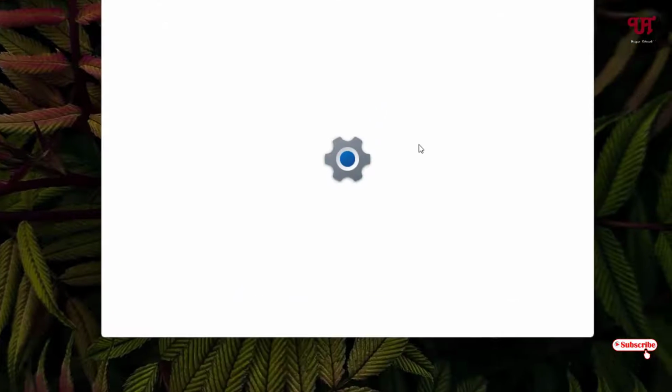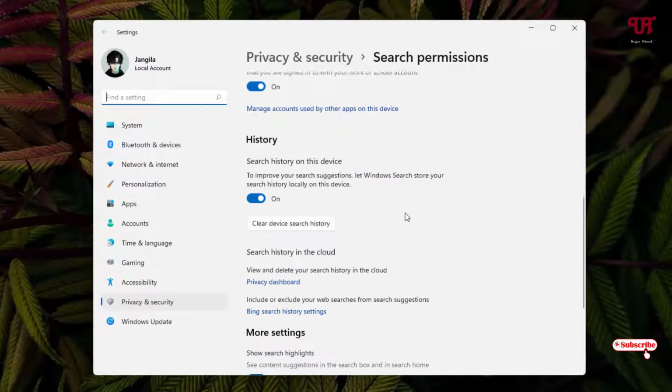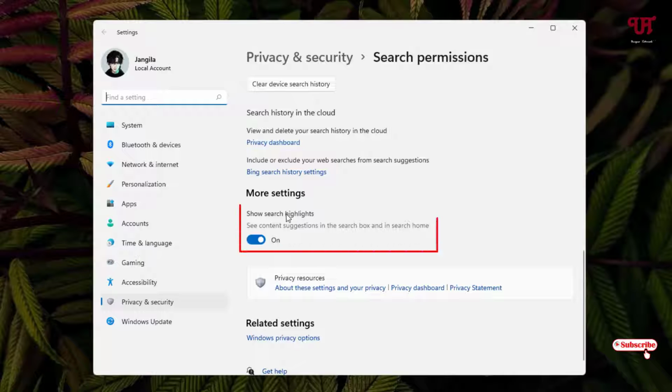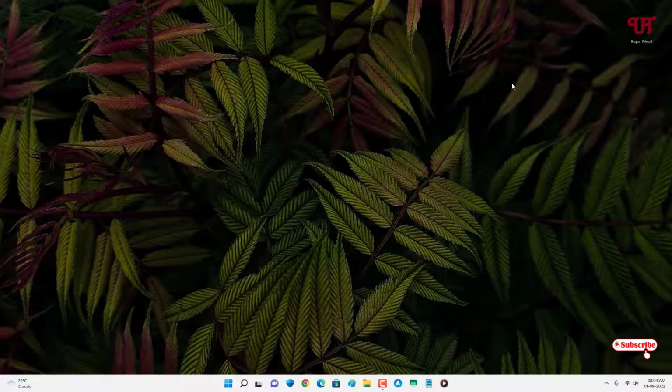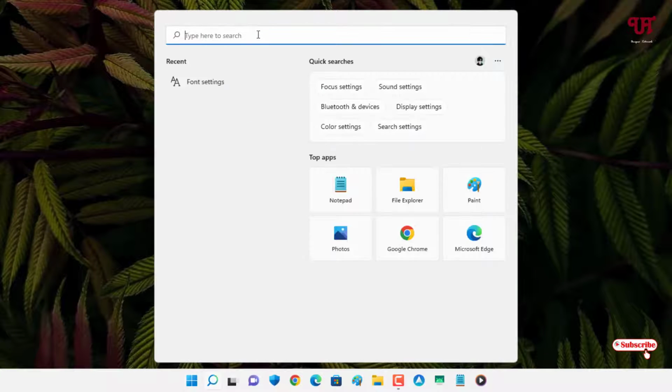Just click on it. Now just scroll down below, and you will see, just below More settings, Show search highlights, right? Just disable this, and now you can close this window, and let us reopen the Windows Start icon, and let us click on the search bar. Voila, now no more online content suggestions are showing up on clicking the search bar of